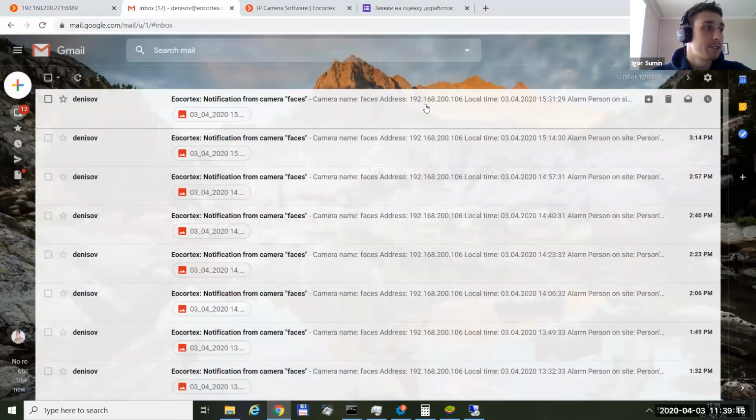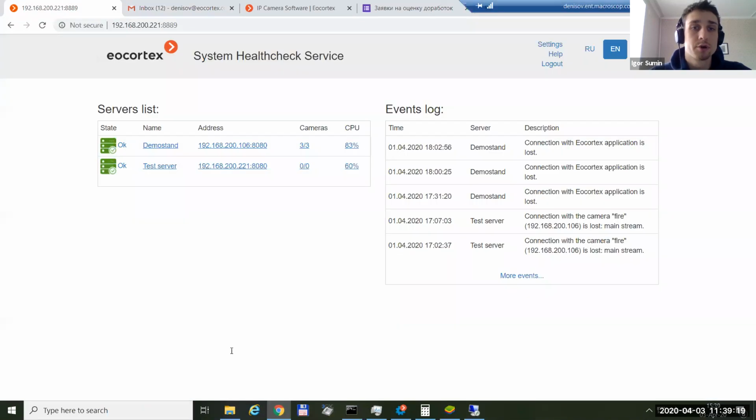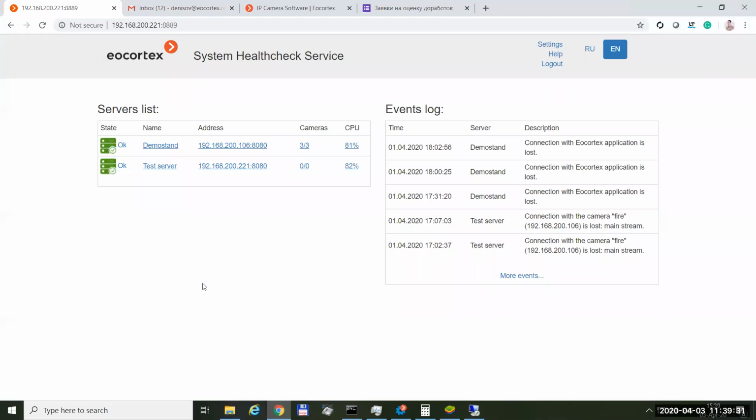Yeah, so as I said, right now, let's take a look at the monitoring function. So that's the web interface of this dashboard. Here we see the list of your servers. So once again, it's available only for,